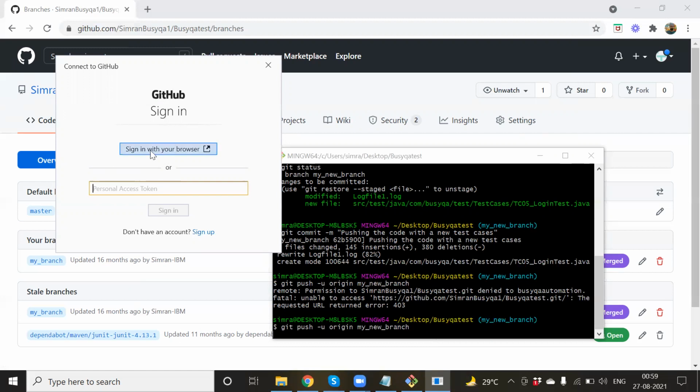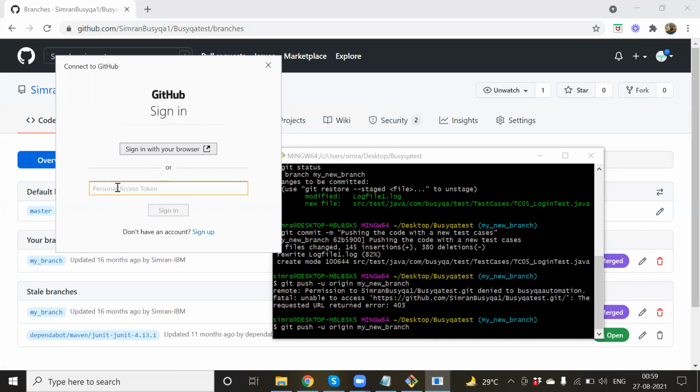Okay. And then you can also go and sign in with your browser. That is also very easy. But I will let you know, because previously you would have seen in another video about SSH keys, for that you have to download PuttyGen, a lot of software, and then you have to create a private key and everything. So better than that, this personal access token is very easy to maintain, very easy to create actually.